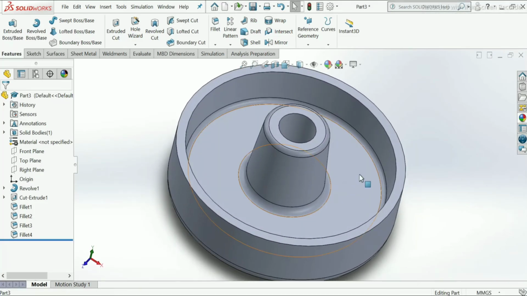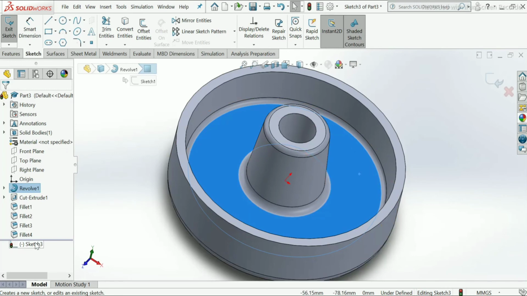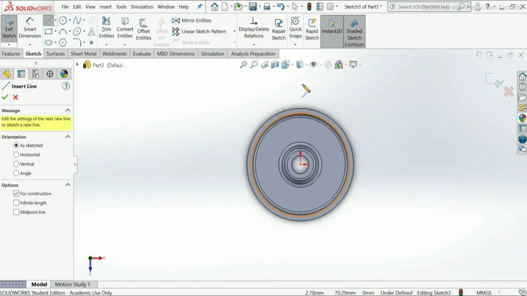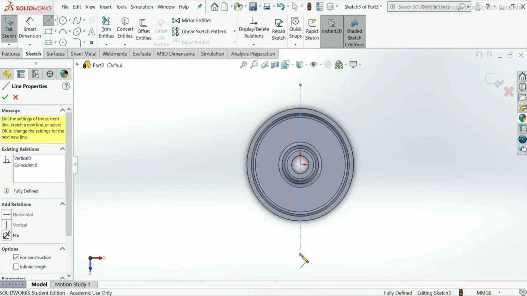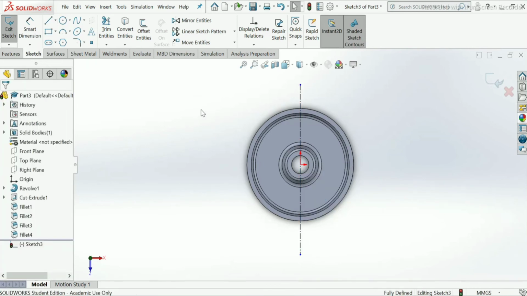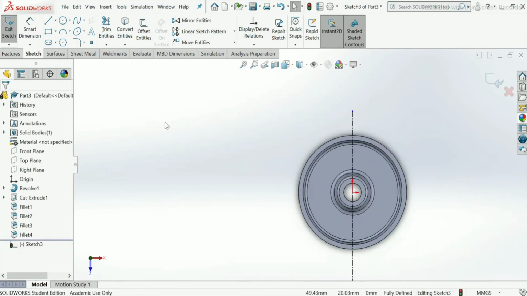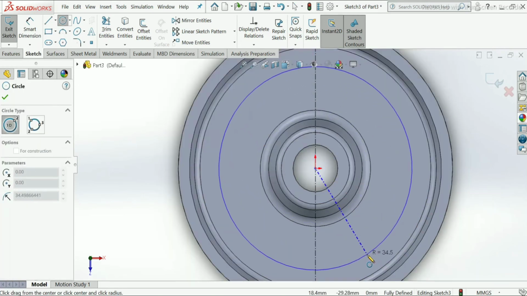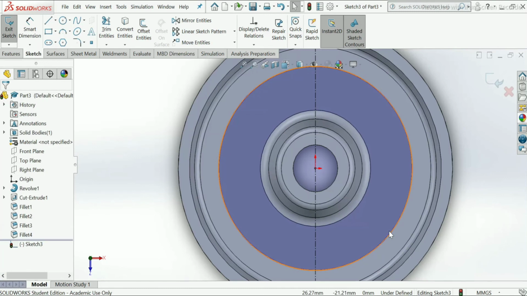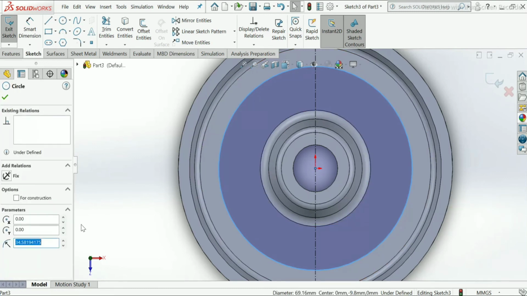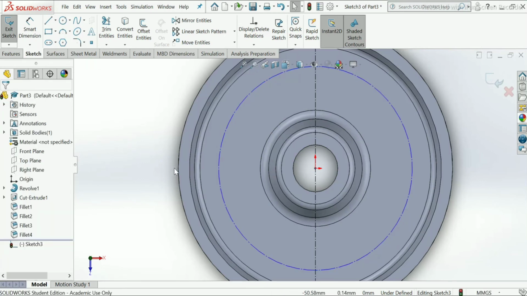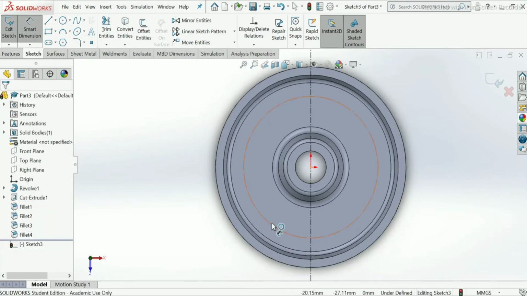So I will choose this plane, sketch, normal to profile, make center line, okay. Okay, choose this circle as construction. Okay, make fully defined.